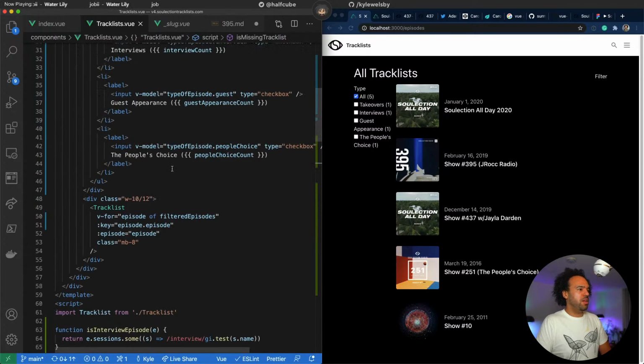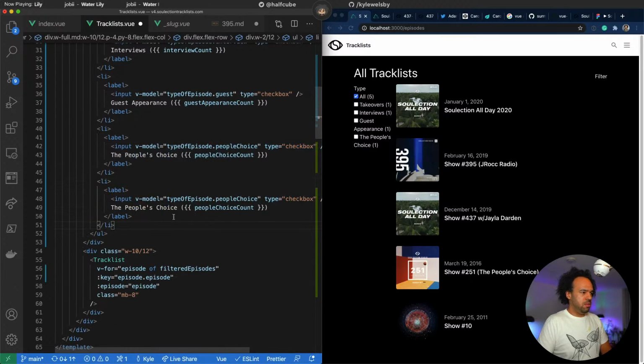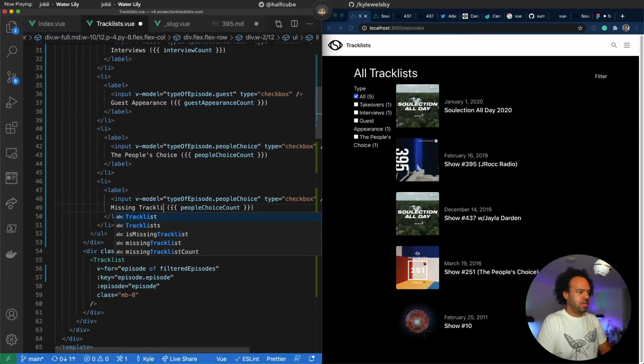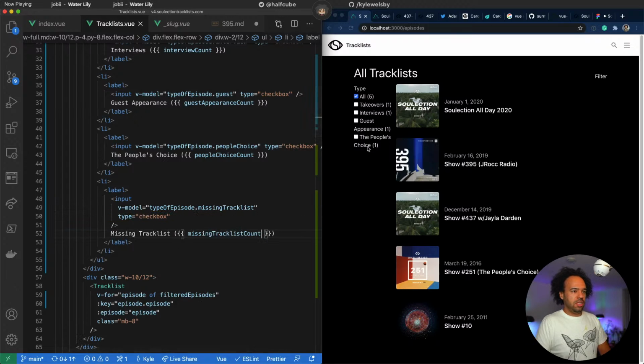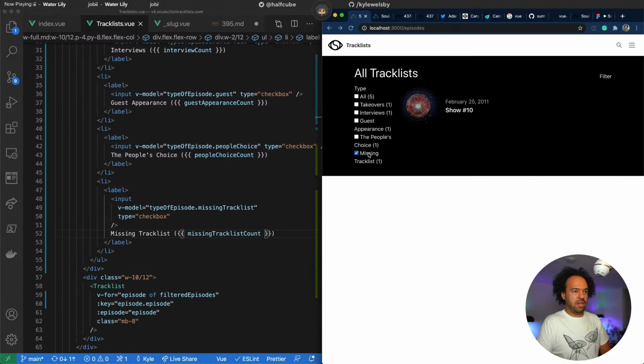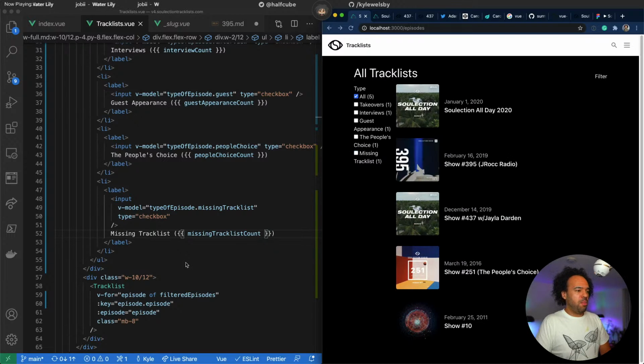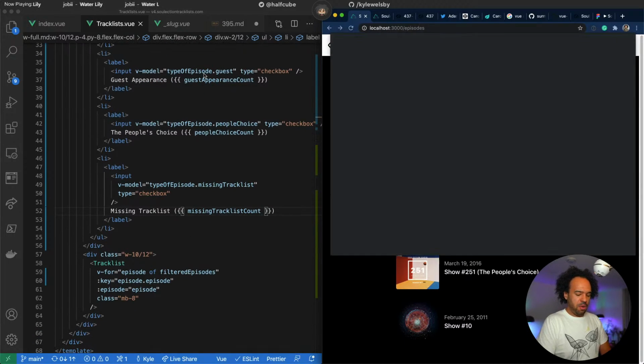And we want to put in the visual for that too. We'll do the missing track list. Missing track list there, and missing track list count. We should see 1. Yeah. And put that. The reason why I put in all those different cases is if we open up our